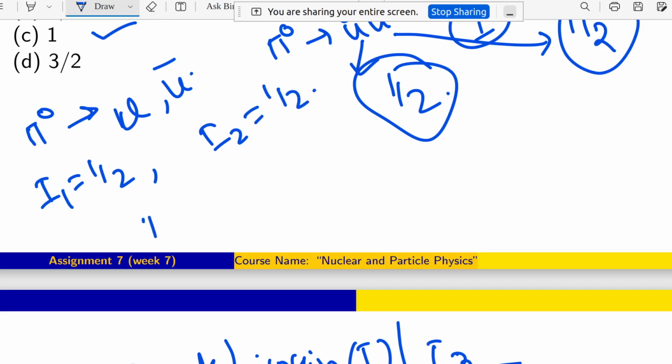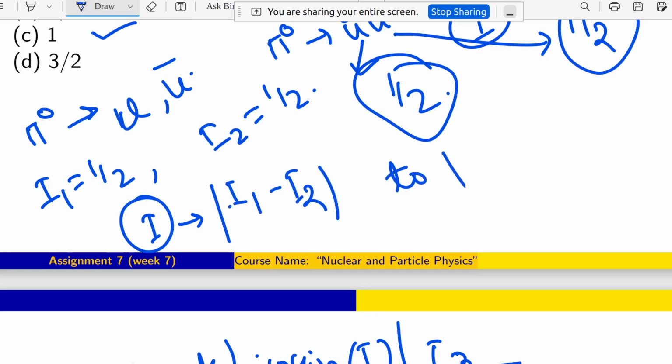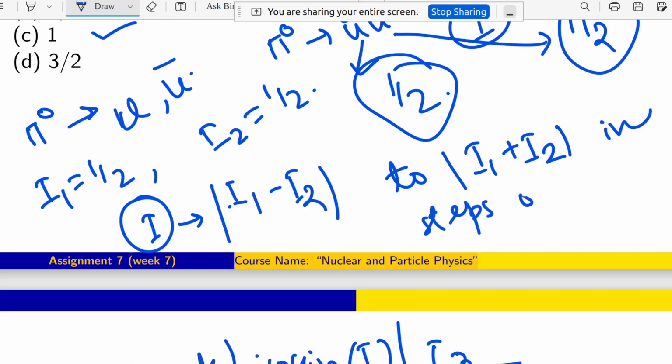Now what we will do? We have to calculate the I value. Very simply, we are going to calculate that with the help of quantum mechanics vector summation. For the vector summation, the I value can have mod of I1 minus I2 to mod of I1 plus I2 in steps of 1, right? So here I1 is half, I2 is also half, then I1 minus